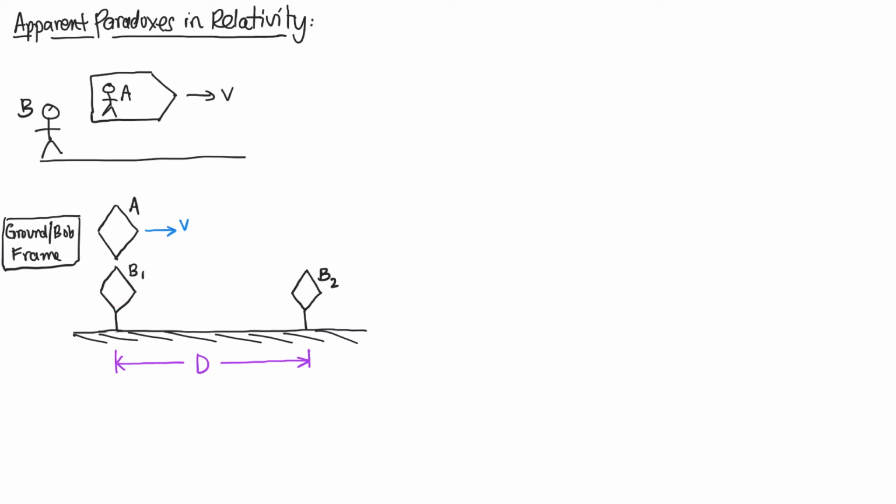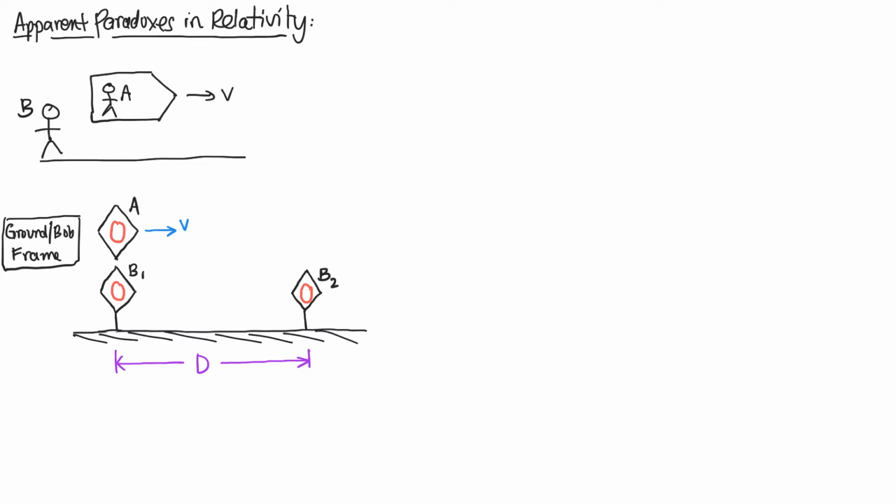We're going to have Bob's clocks be separated by a distance d, and Alice and her clock be moving in this frame with velocity v. Okay, so we're going to start out by saying that Alice and Bob's first clock are set to read 0 this instant that Alice passes Bob's first clock. Okay, and because B2 is at rest on the ground, we know that the reading on B2 is going to be 0 as well because it matches the reading on B1.